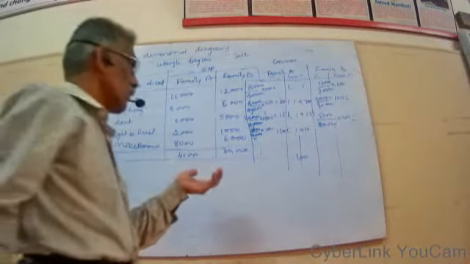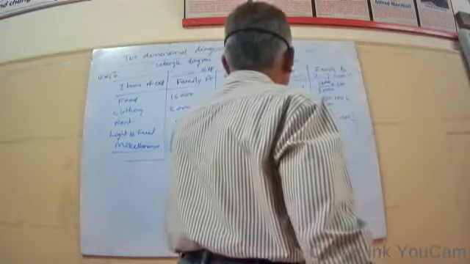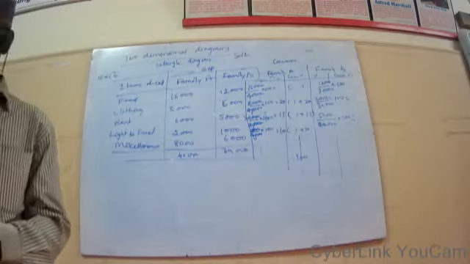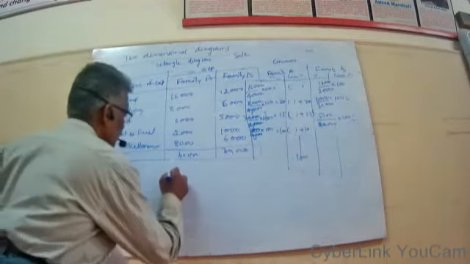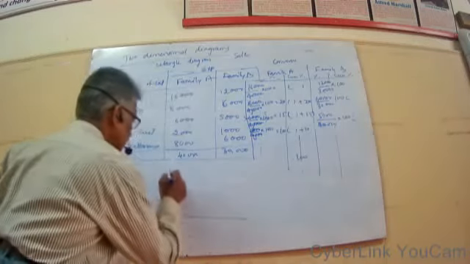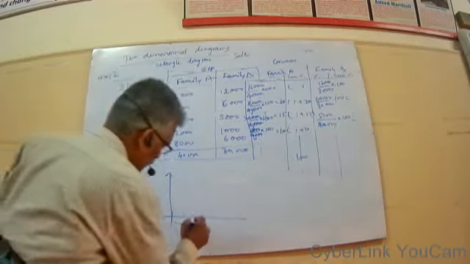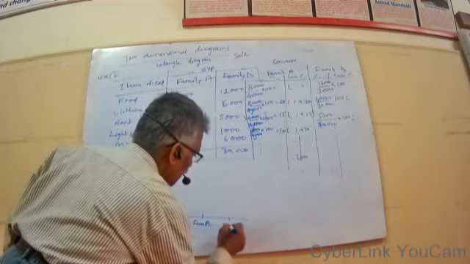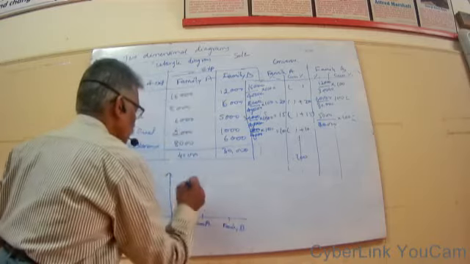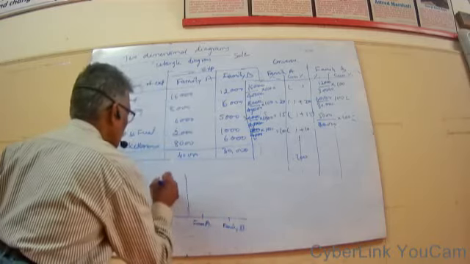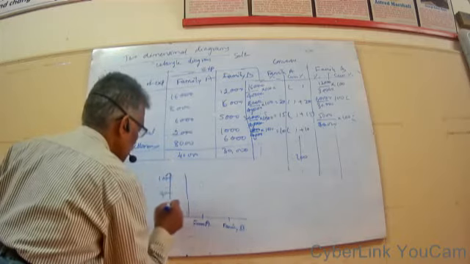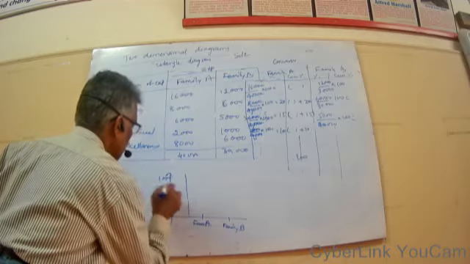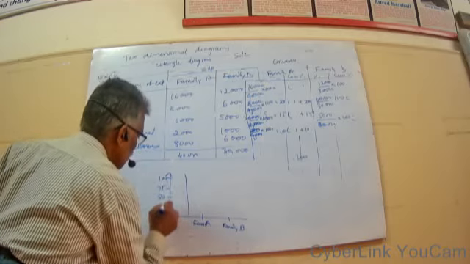You can do this. It is easy because, as in the one dimensional diagram, we have done the same percentage bar diagram. Similarly we have to do the bar diagram like this. Take a baseline, the x-axis and y-axis. Take family A and family B here, and take first 100%, here 100, this is 50, this is 75, this is 25.